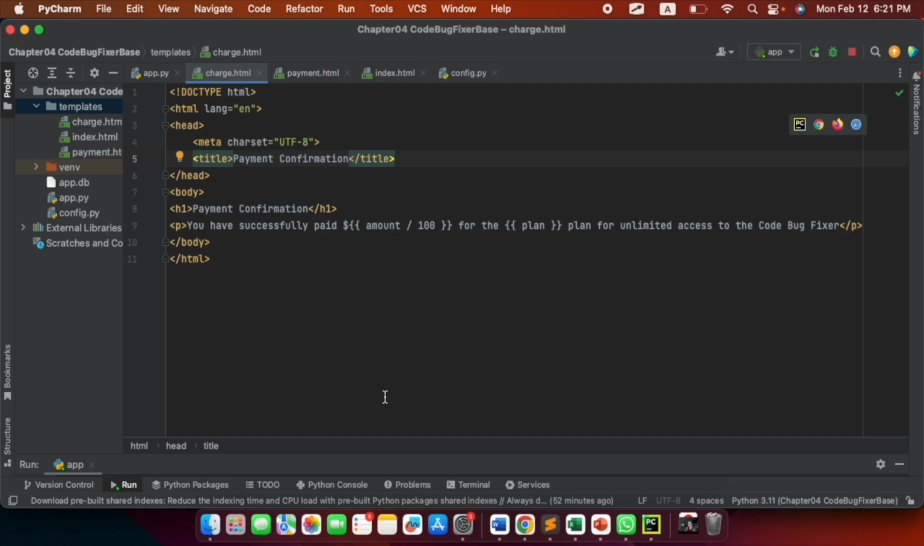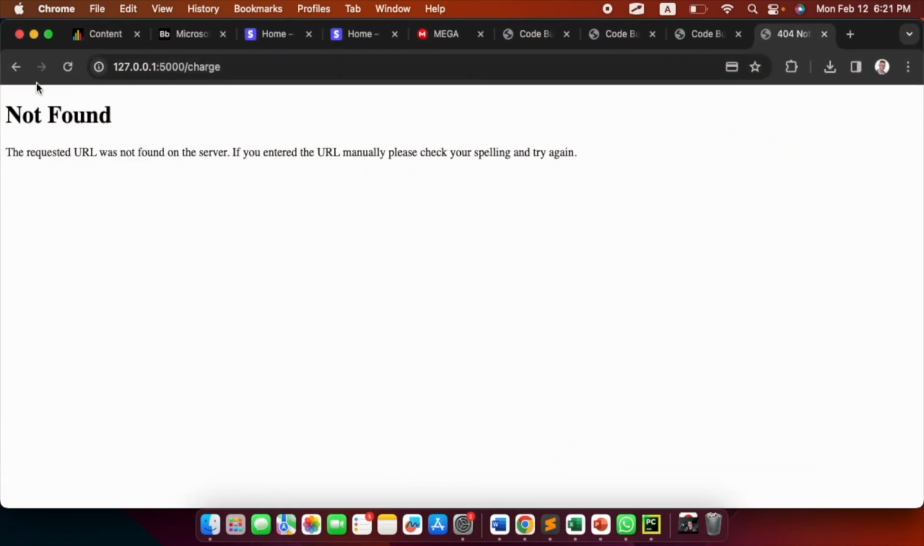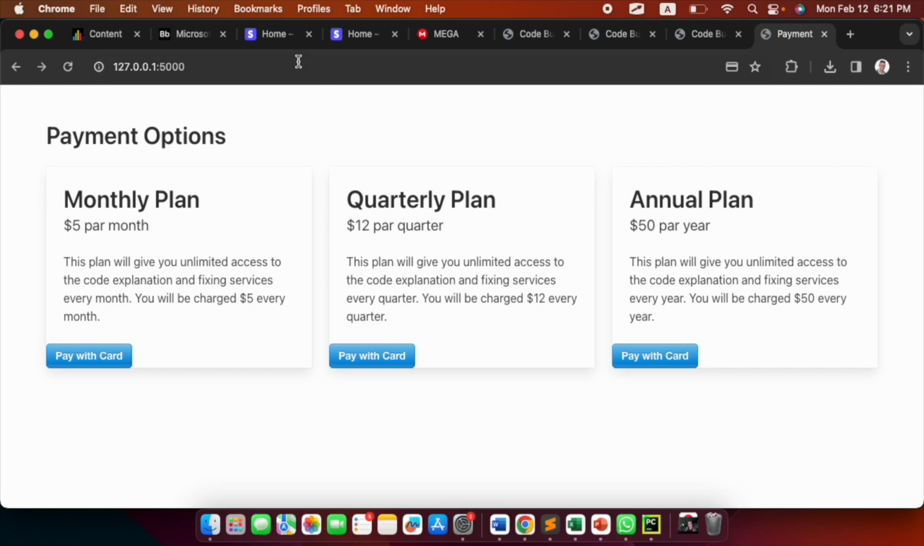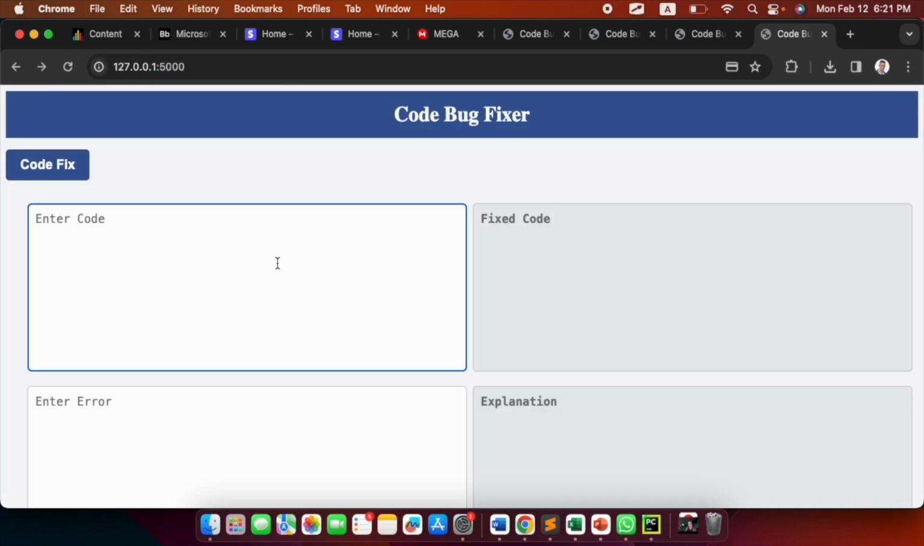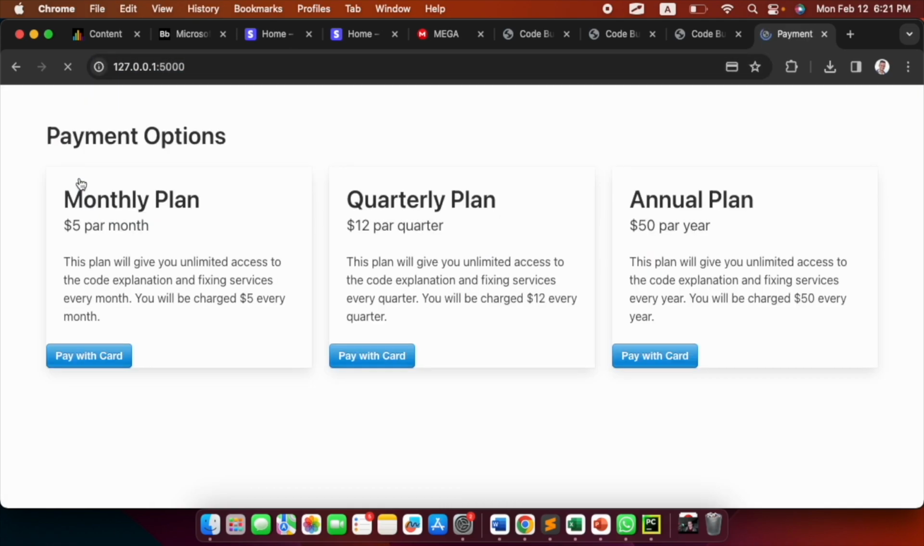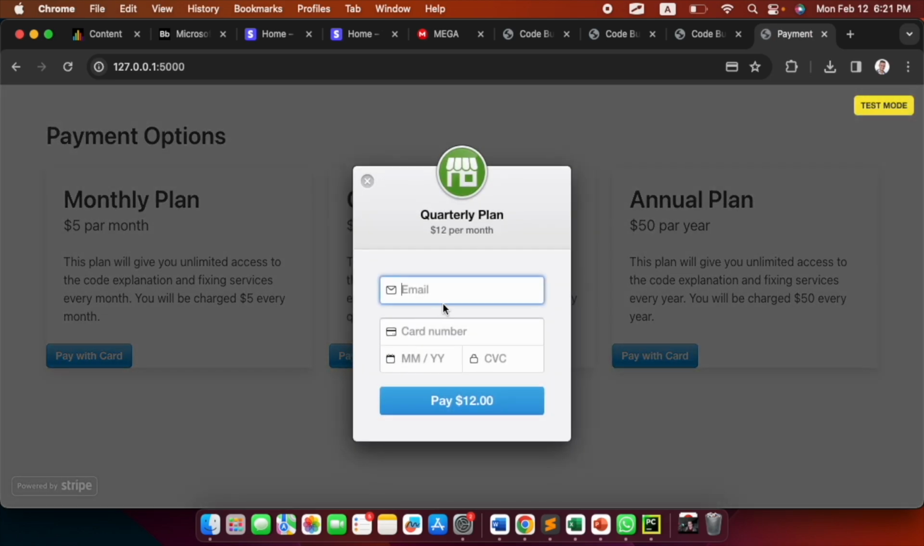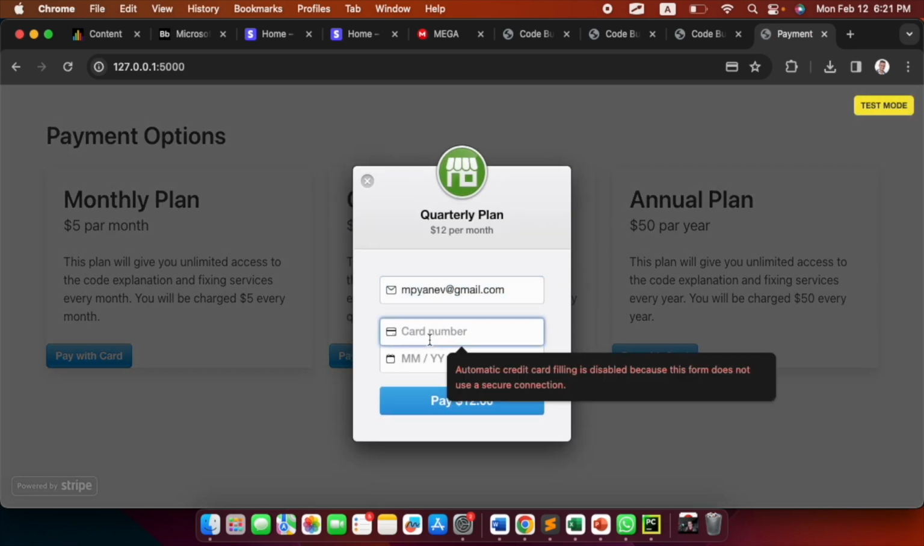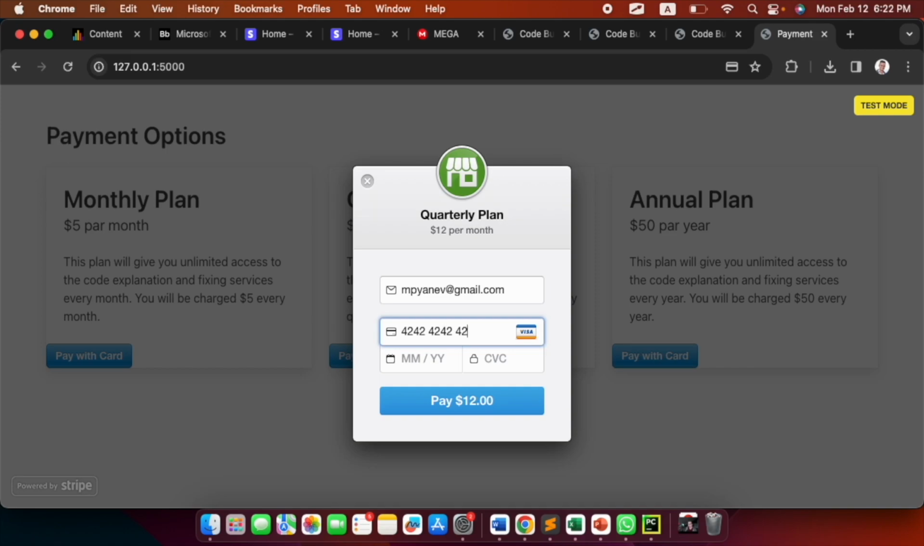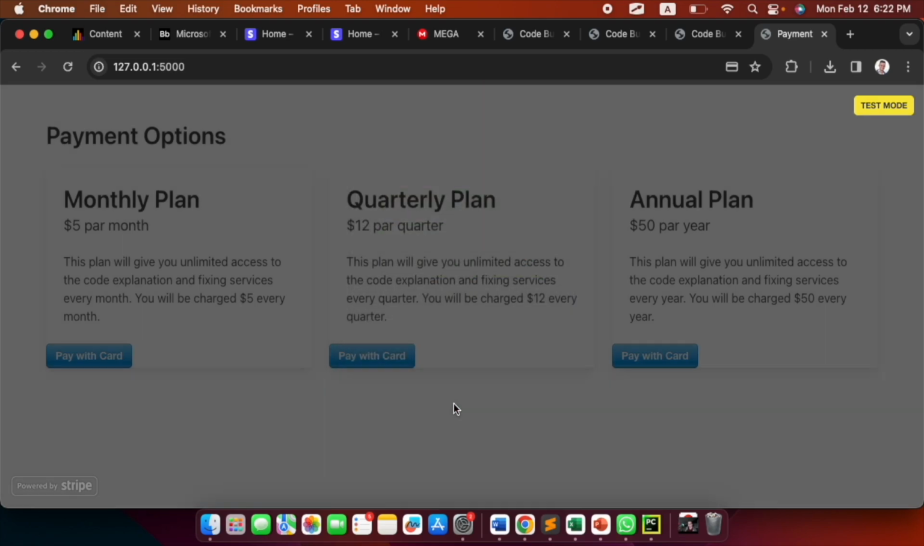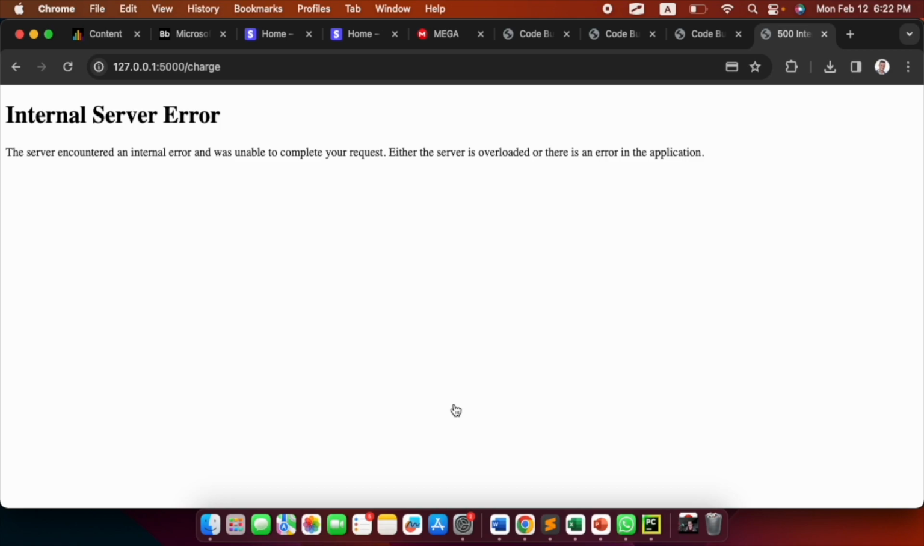So let's run the application again and just make sure that this works. I put my email, my credit card information, then pay. Okay, we got an